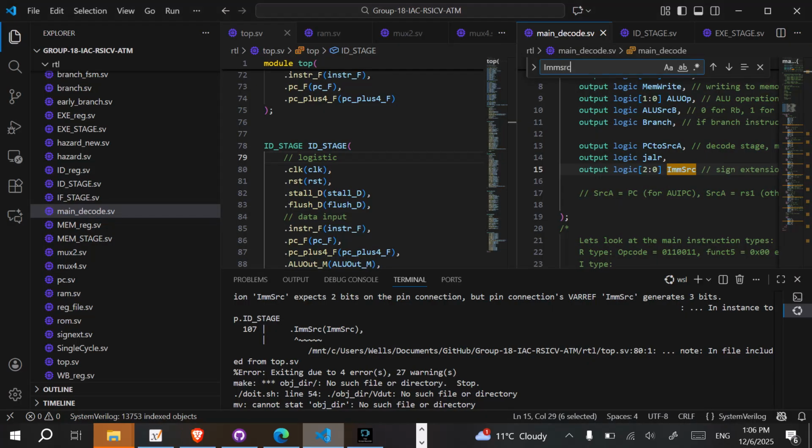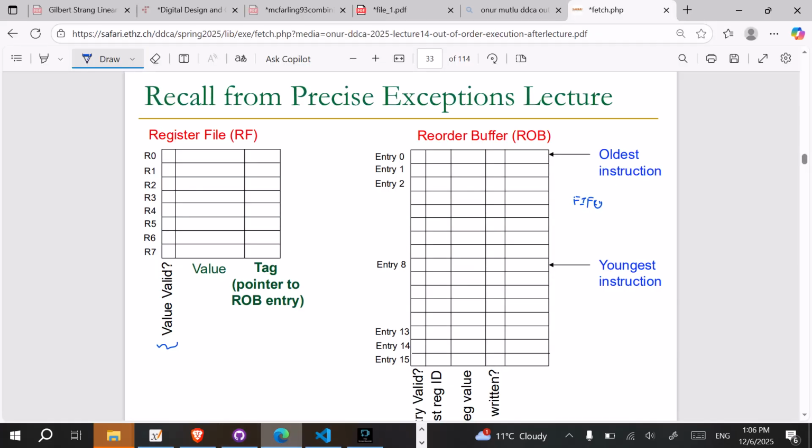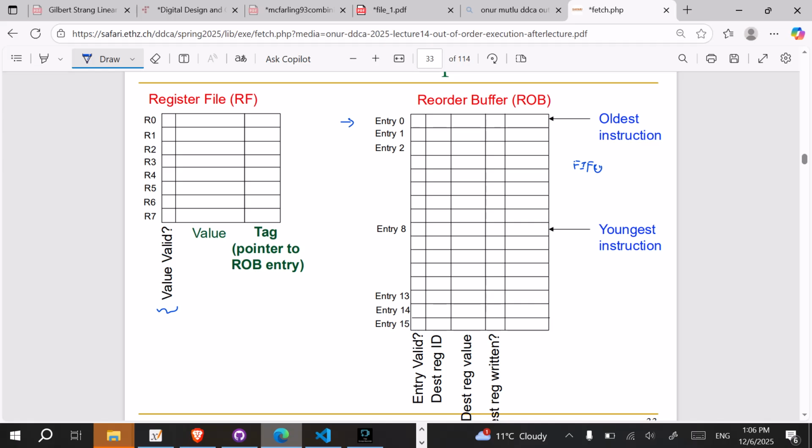The similar idea applies when you come into the entry here as well: you pretty much just copy everything here and write a bunch of stuff here. And when the destination has been written, then you retire this entry and write it back to the instruction state. So the reorder buffer is pretty much saying that, if I have something ready here, but the previous one is probably not ready yet,